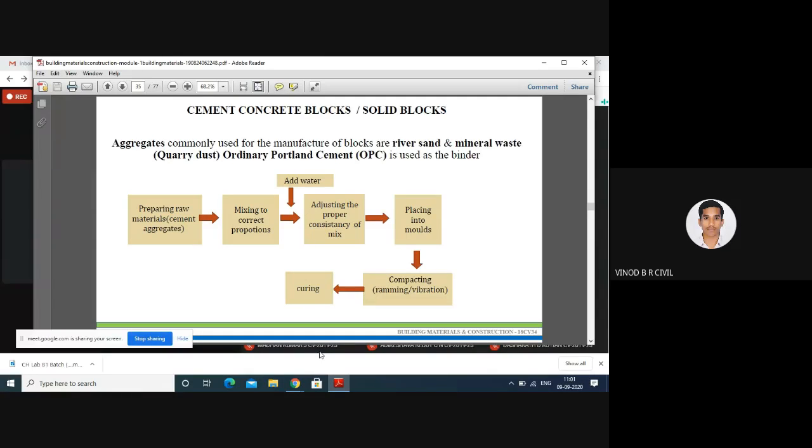Cement as well as the aggregate. That aggregate should satisfy some of the guidelines. Simply, we can't procure 20 mm, 40 mm, 60 mm aggregate. At the same time, we can't go for 2 mm, 4 mm, 6 mm aggregate also. There are guidelines as per the IS code. The aggregate size should match the aggregate classification.